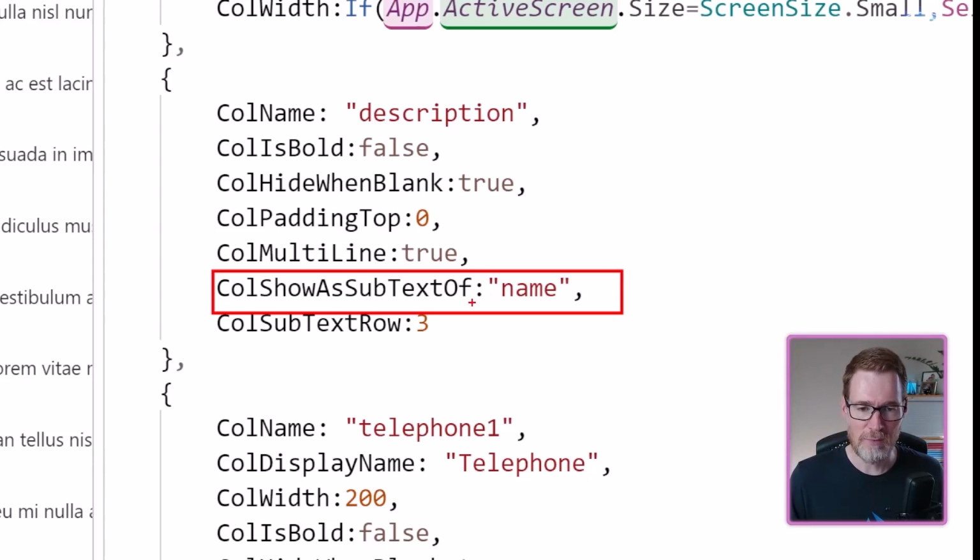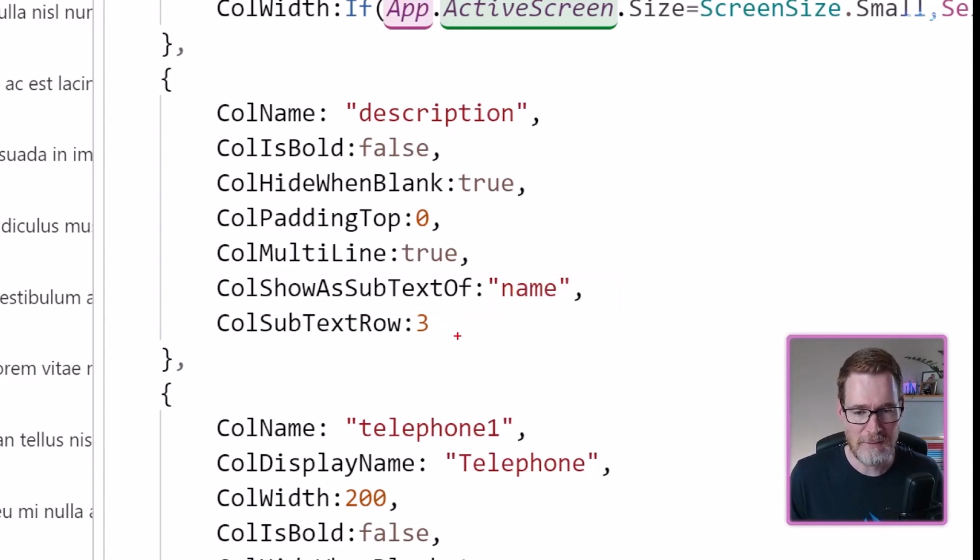And what we can do is then also say, in this case, we're going to show it on row 3. So if we wanted to show multiple bits of data, we can then configure where the rows are. Now, some of those rows may or may not be there. So if we don't have anything on row 2 and row 1, it won't show a space. It's just going to collapse up, and it's going to shrink to use the available space.